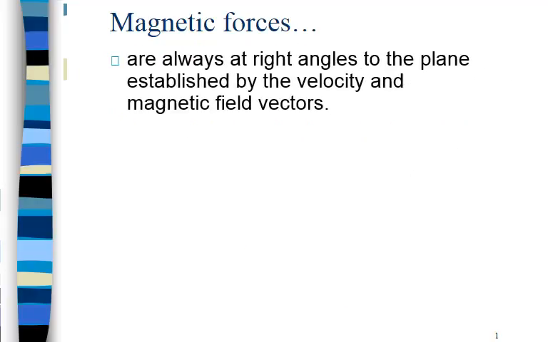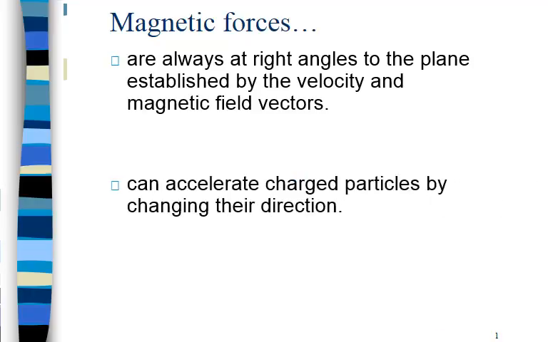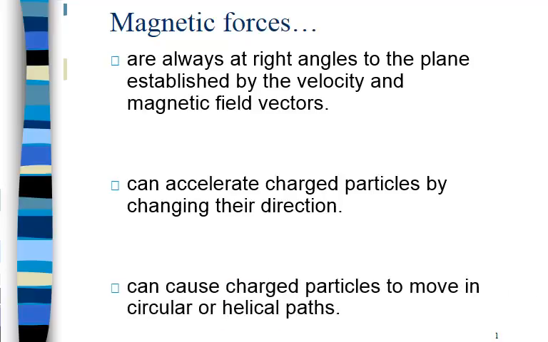These magnetic forces are always at right angles to the plane established, right? And you can accelerate the particles. In this case, it would be centripetal acceleration if it entered a uniform field. And it could go in a helical path as well, right? If it's not perfectly lined up, like in that last situation where we had the field like this,